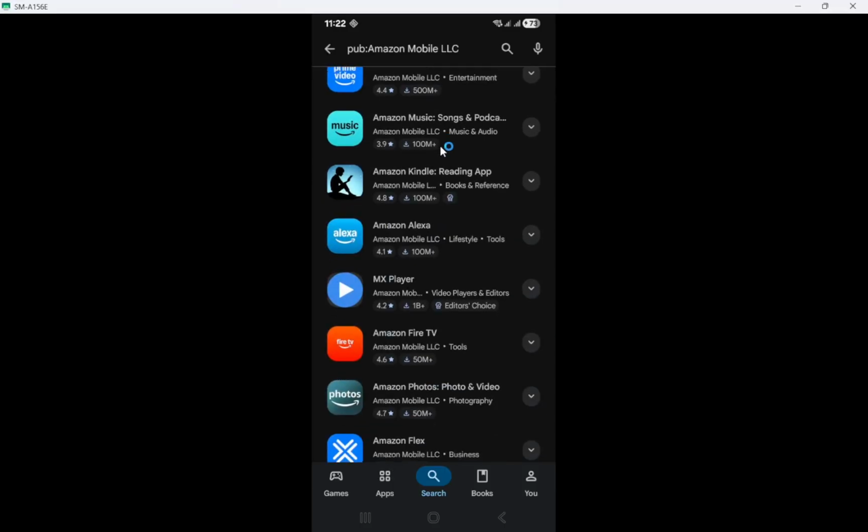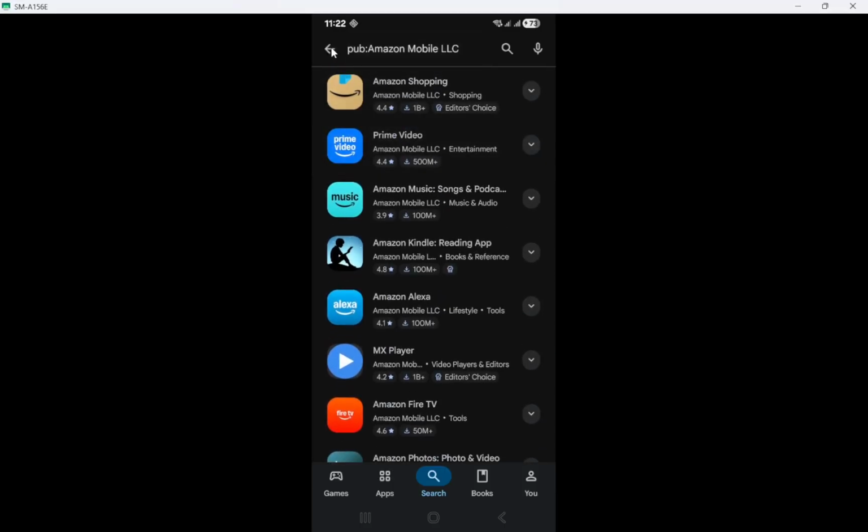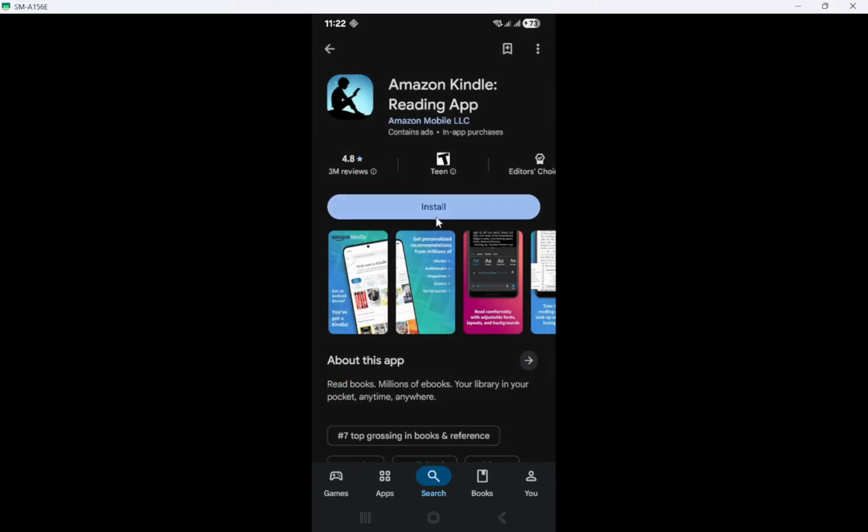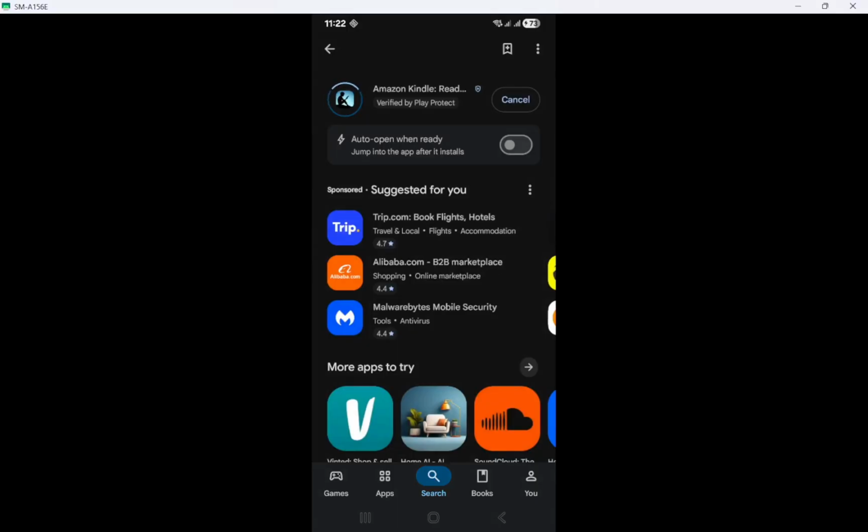After confirming you have the right app, it's time to install it. Tap on the Install button, which you will see on the app's page. You will then need to wait for the download to finish. This process might take a few moments depending on your internet speed. Waiting might require a bit of patience, but this step is crucial to getting the app properly set up on